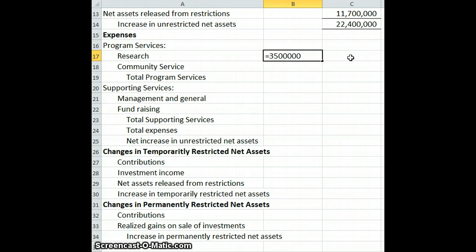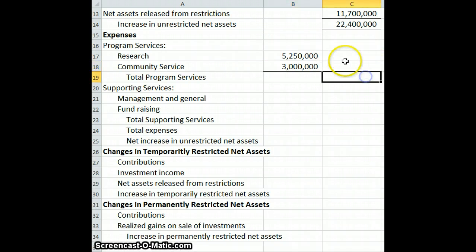We also have $1,750,000 of expenses for other research programs right below that, which are also program services. Our other program service is $3 million of expenses for our community service programs. So that's an expense, and we are going to then add up our total program services,